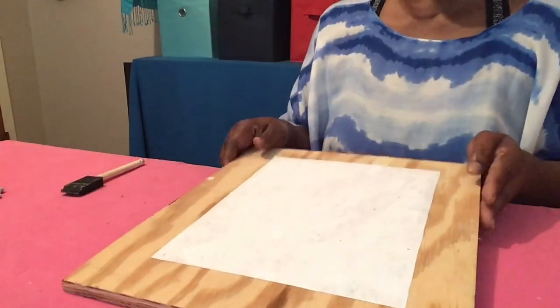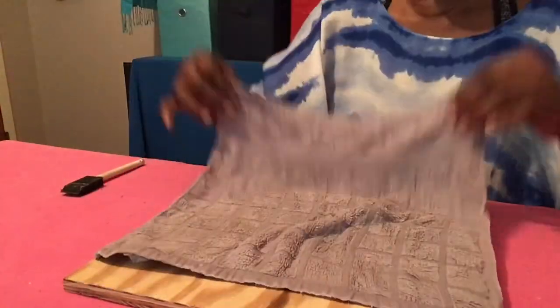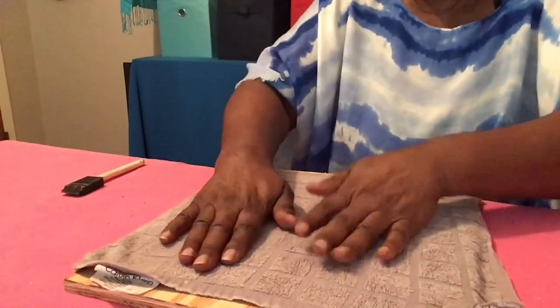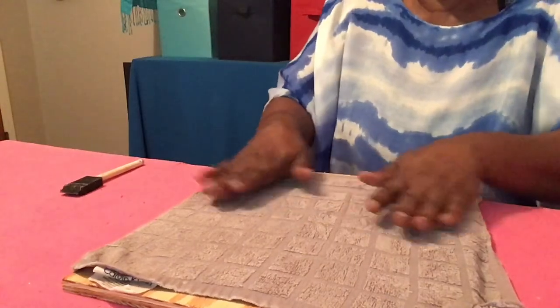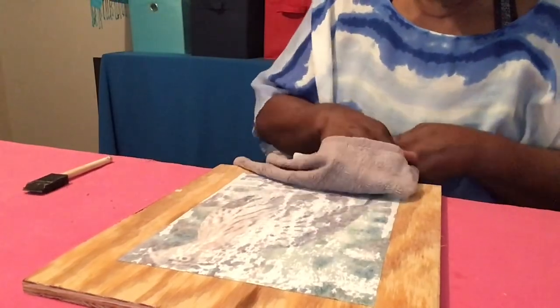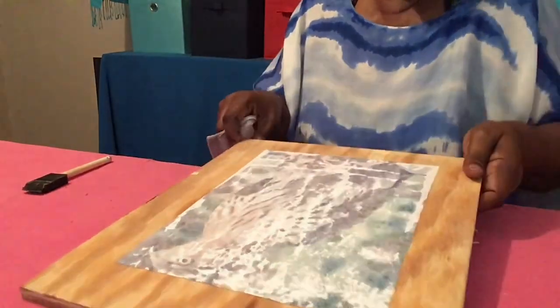And our picture has dried on our board. So now what I'm gonna do, I already got a wet towel here. I'm gonna lay this towel over it. Just kind of wring your towel out and then bring it back and then just lay it over your picture here. It's pretty wet. Okay. So what we're gonna do,